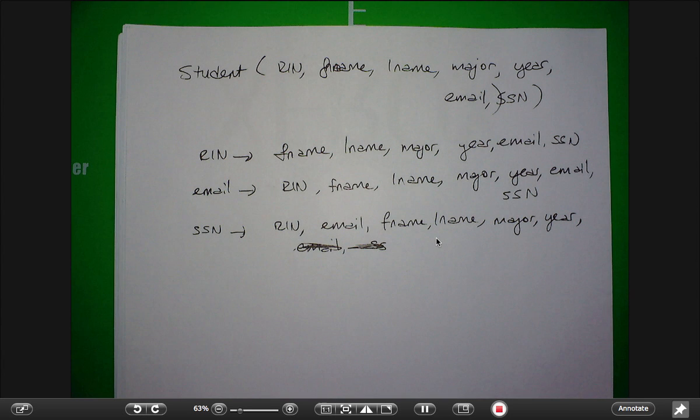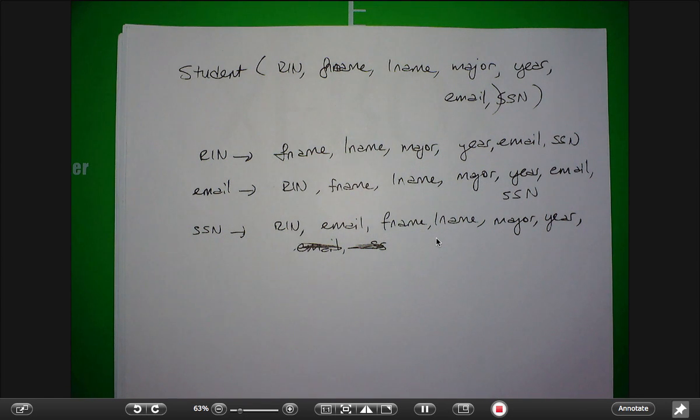Yes? Oh yeah, why? But in that case, your old tuple will actually be deleted. So like in the student database, you're not going to have two different tuples. Ken is actually quite bad about just removing it from the database as soon as you kind of open the door. So the point is that in fact that is true, but you are not going to store two different things. The point is that it would be confusing to have two people with the same SSN but different RINs. Okay? So what I'm trying to get at here is that there are many different functional dependencies that may hold,